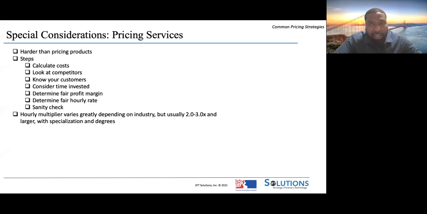Let's go with the example of cutting the grass. If I was going to pay somebody to cut grass, they would probably charge me about $15 to $25 an hour. For the sake of argument, let's say $25 an hour. That's how much that person's time is worth. By the time you do the math, they will say, you know what, you need to pay me $50 or $75 to cut your grass. That's typically how it works in services. Think about it as a multiplier of the hourly wage. If you were to hire somebody to do it and you're paying them $15 an hour, multiply that by 3 times, and you probably have a good deal.